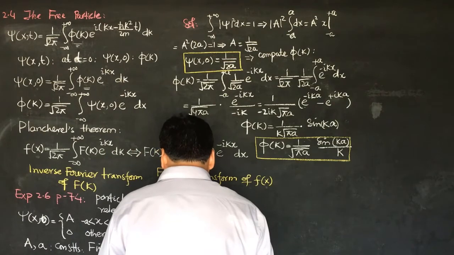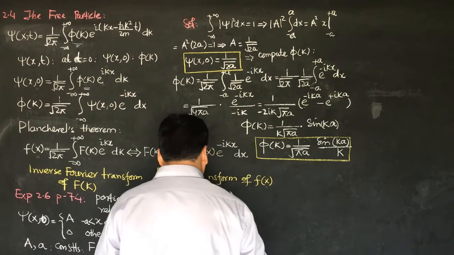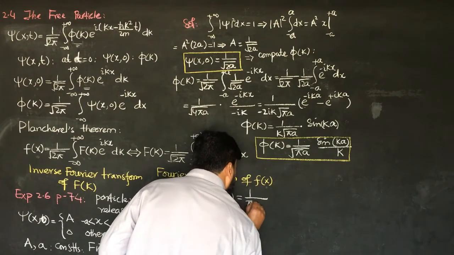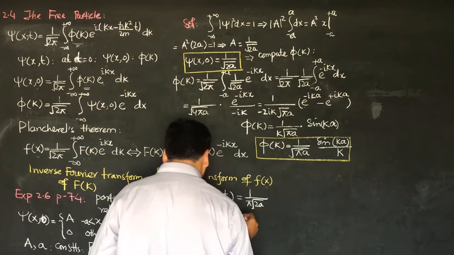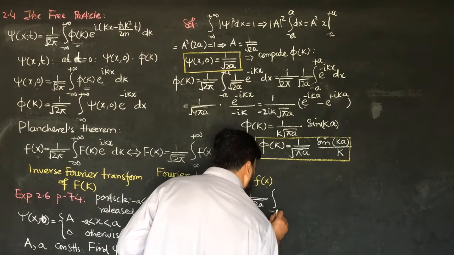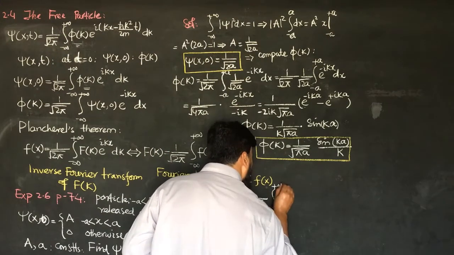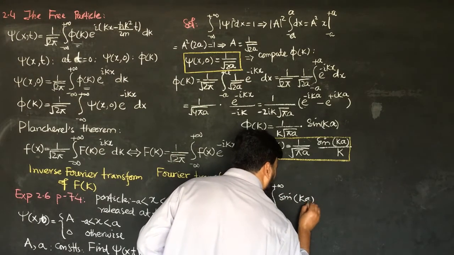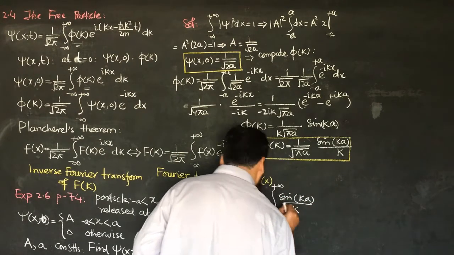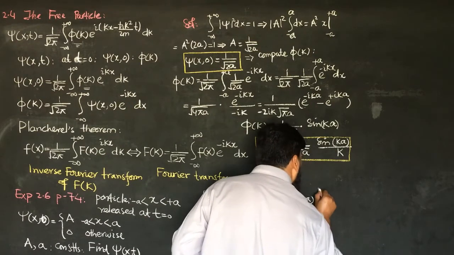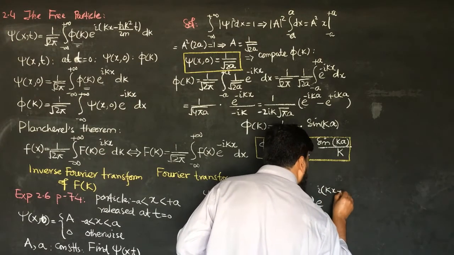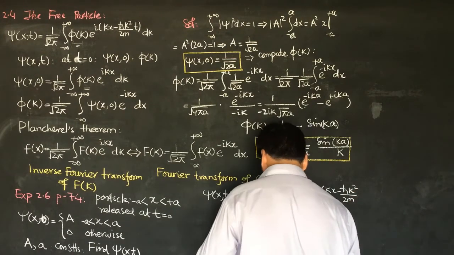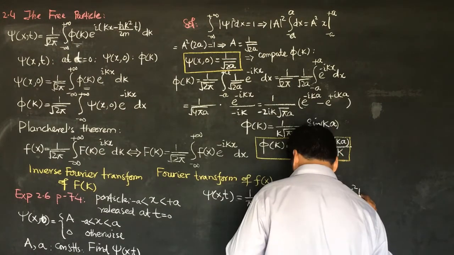So when all the constants are there and I simplify them, I will have 1 over pi times 2a, integral from minus infinity to plus infinity, sine of ka divided by k, and e to the power i kx minus h bar k square over 2m and t,